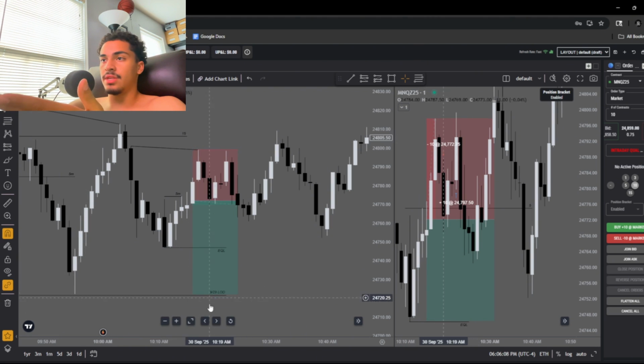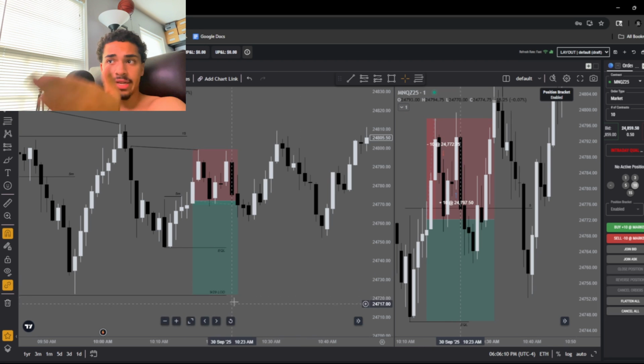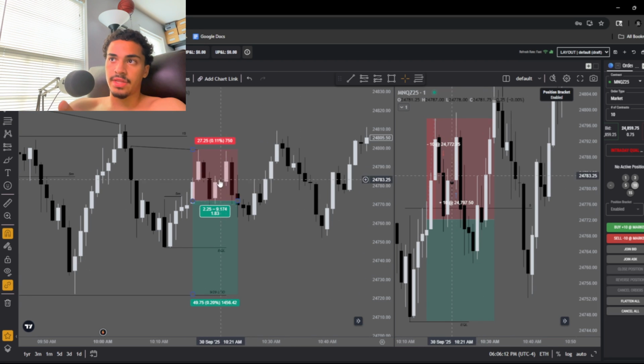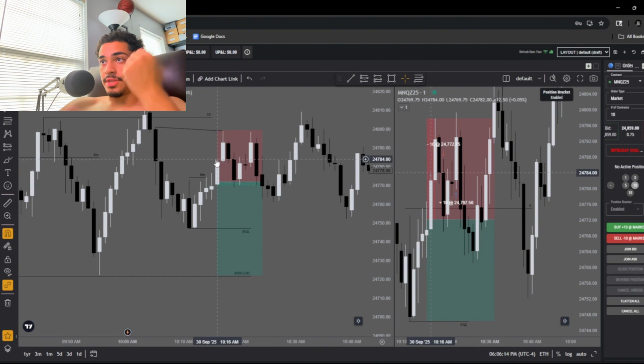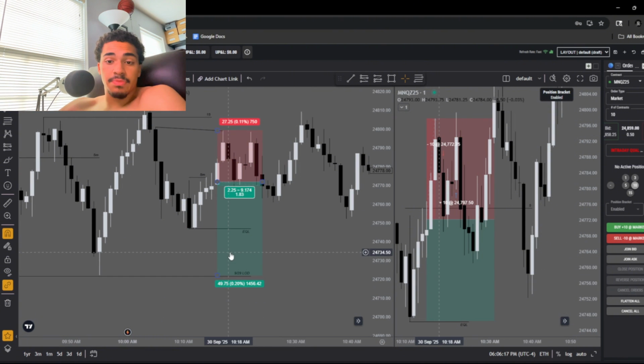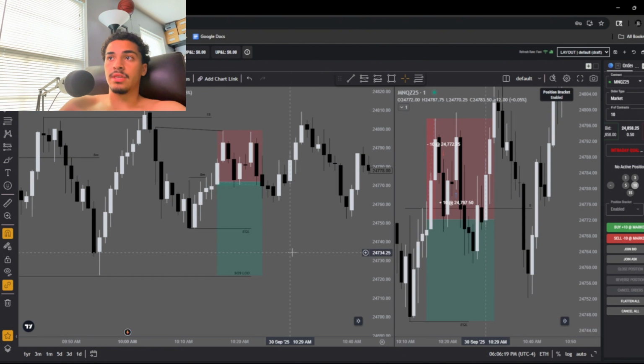Had this been a London low or an Asia low, a session low, a daily low, I'm taking this on my funded as well. But yeah, it just never played out. More often than not, this does play out though. This is not a trade that I'm mad at taking. This is whatsoever not a trade I'm mad at taking. It's just a loss. It's unfortunate.